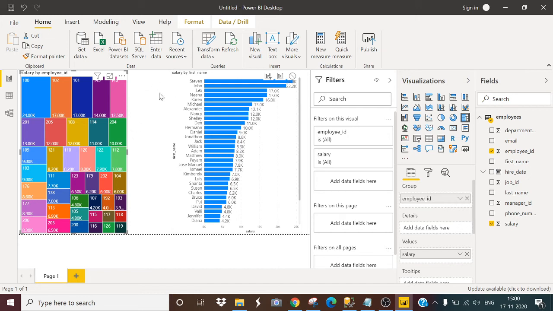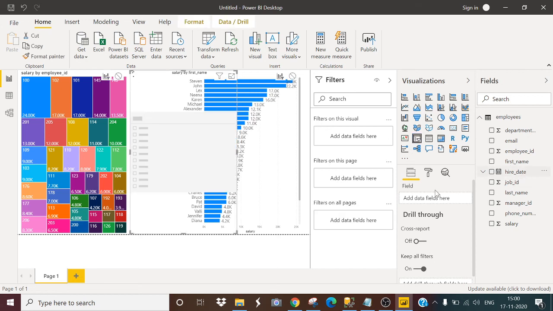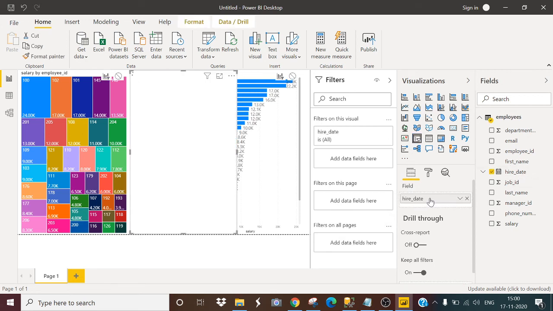Suppose your upper management told you that, through the slicer, I only want to reflect one graph, which is my left graph, salary by employee ID. I do not want to reflect the salary by first name. So how can I get this? Let me take a slicer, which is a date slicer, hire date.